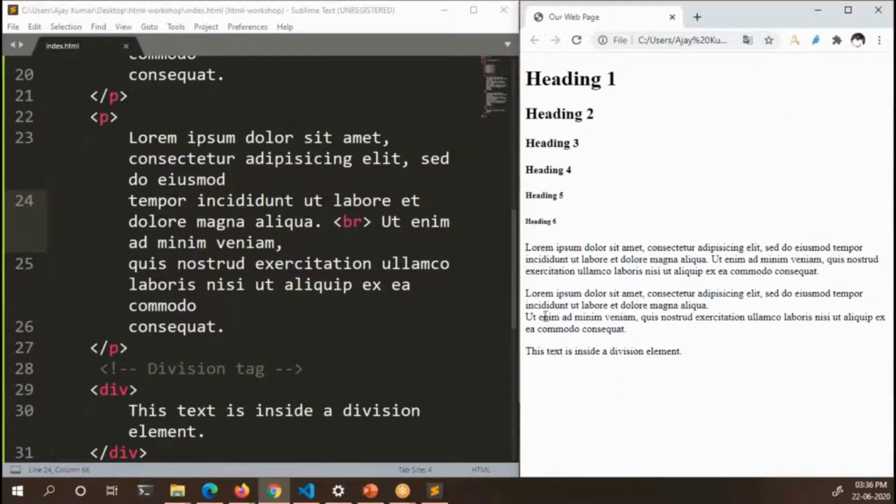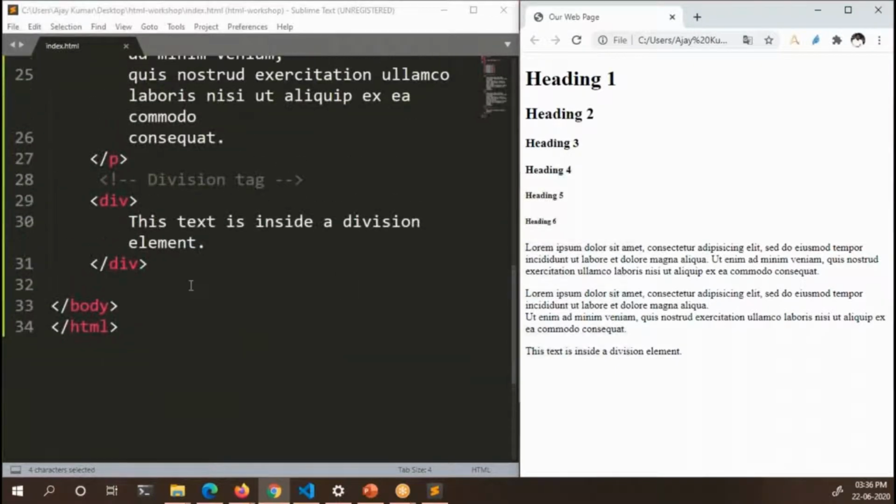If you observe clearly, the br tag pushed the statement to the next line. So whenever you want to display an element in a new line, please precede it with a break tag, the line break tag. Next, we'll see list tags.